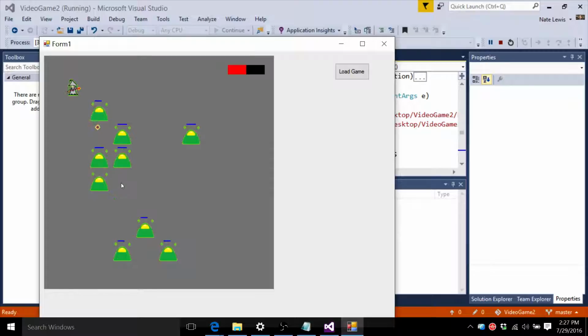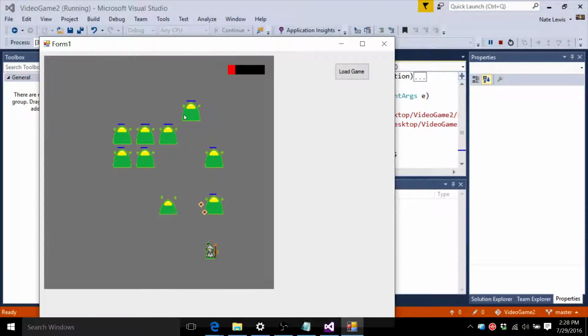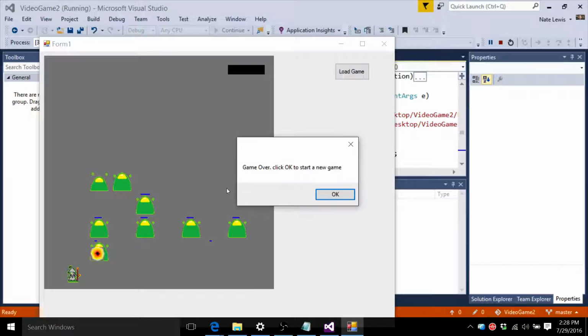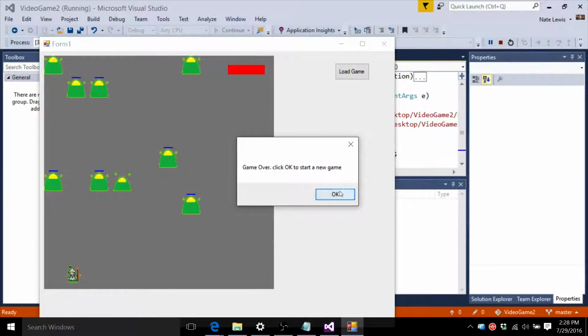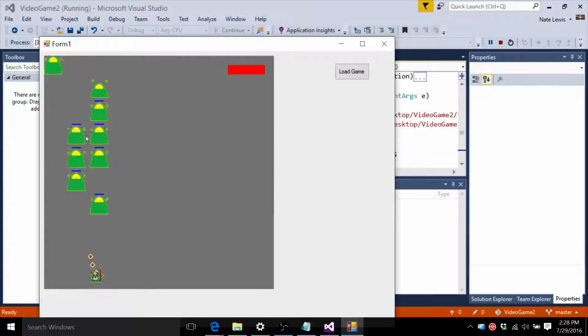It's really hard because I've really slowed down how fast you can move. This is as fast as I can move. And I've slowed down how much you can shoot and stuff. So, got one dead. All right, so I'm dead now, but you can just start over again. Let's see if we can just not move and